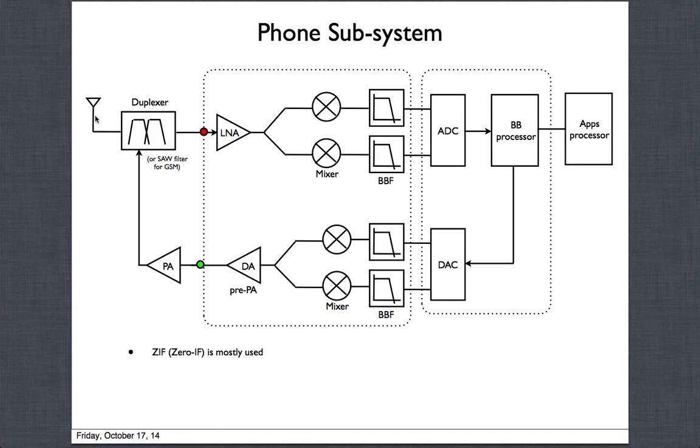So I'll start from the left side, which is the antenna. After the antenna, of course, there could be many switches and all that, but I'm just simplifying it. I'm not showing any switching network for now. The first thing that the signal goes through is a duplexer. A duplexer is kind of a filter. This could be a duplexer, or it could be a SAW filter. I will explain in detail what the two different things are. A duplexer is for standards where transmit and receive happen simultaneously.